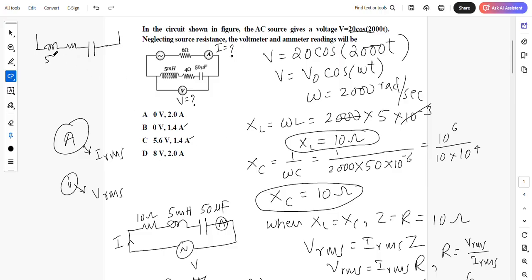L is the same, 5 millihenry. R is 4 ohm. C is 50 microfarad. Again here Z dash is equal to R dash, that is equal to 4 ohm. From here you can calculate Vrms, Vrms is equal to Irms